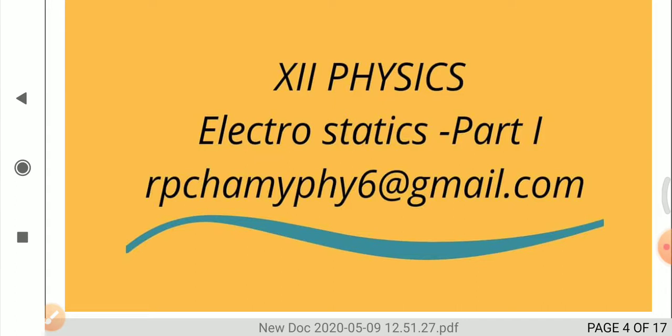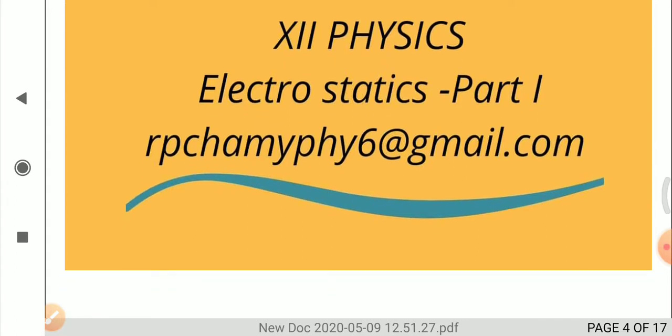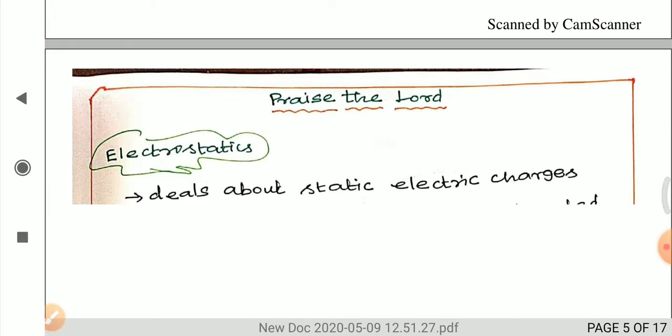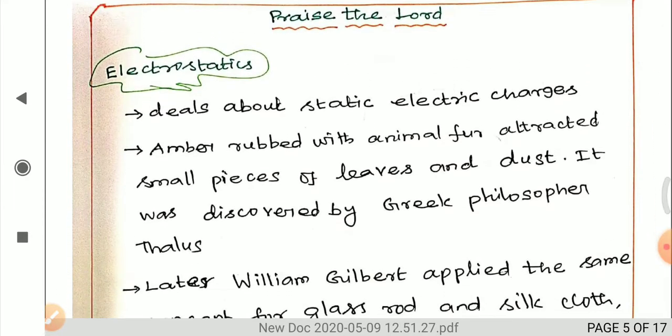In this electrostatics part 1, I am going to explain the basic properties of electric charges and the historical background of electric charges. Here in electrostatics, we are going to discuss static electric charges, and how the charges were discovered. So first, the Greek philosopher Thales